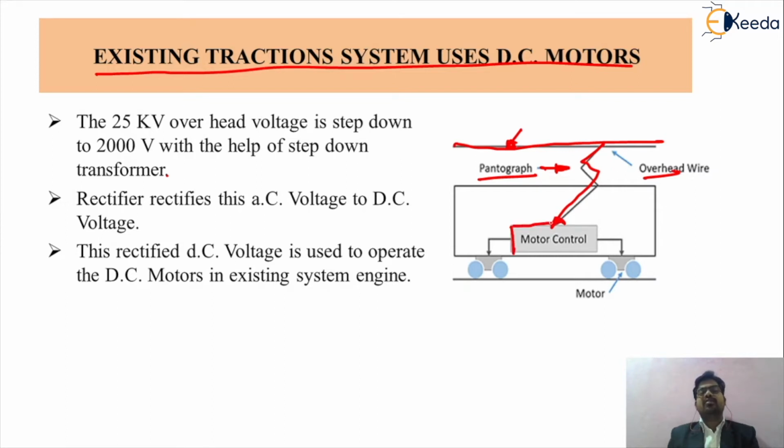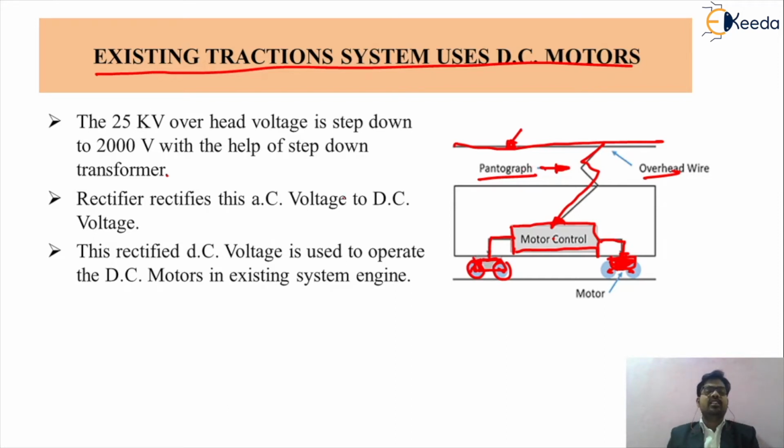So this is the motor control circuitry, and it will be connected to the motor. As we see, this is the motor, and this is the actual wheel, and this is the connection of the motor that we discussed earlier, showing how the motor drives that particular wheel. This motor control strategy gives control to your motor, and this control will control the speed or the direction of the vehicle. So this is the actual control strategy that we prefer in electric traction, and we are using the DC motor.